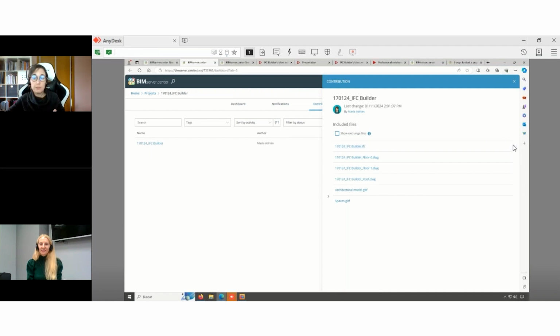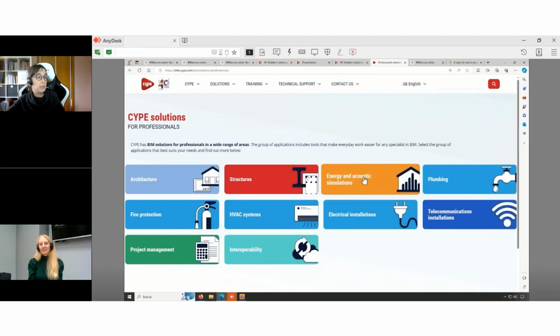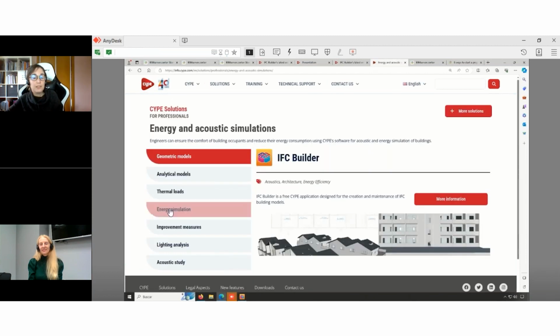This IFC can be downloaded, but the most important thing is that it is the beginning of a project. Then I can continue with other software and read this analytical model. So it is the first step. From here, I have generated the IFC that will be the beginning, and then I could continue with any of our solutions. In my case, I would choose, for example,